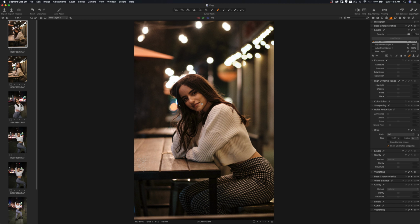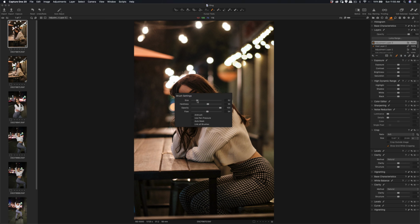Okay, and then I'm gonna add more lights in the front. So adjustment layer, this time I'm gonna do a bigger brush so that it's faster. Just do a brightness overall in here, so just adjust more light in the front here. Okay, so and then do exposure a little bit,